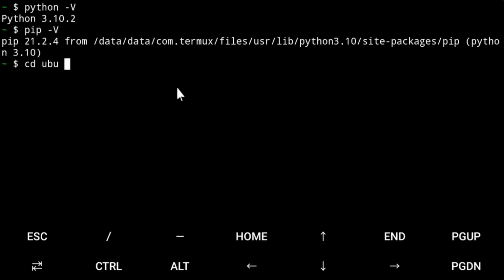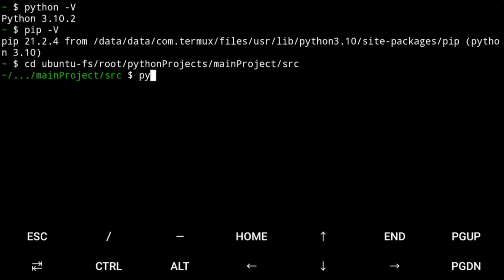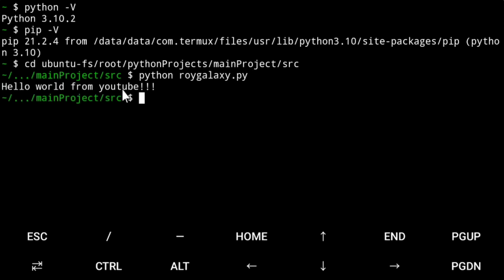For that, just save your Python files, go to Termux, and use the cd command to move into the directory in which you have saved your file. In my case, the file I was editing was inside the Ubuntu fs/root/python projects/main project/src. Once you are in the folder in which the file was saved, you can use the python command followed by the file name to run that file. And all the output from that file will be printed here, which in my case was just a simple hello